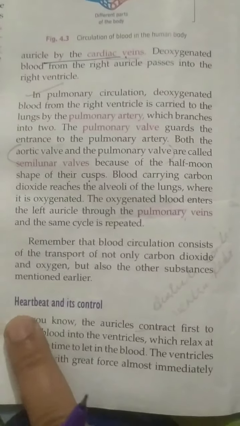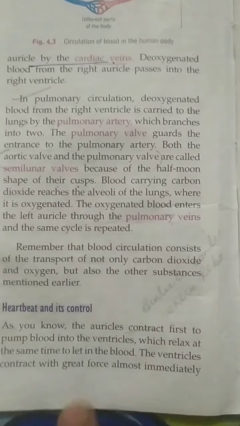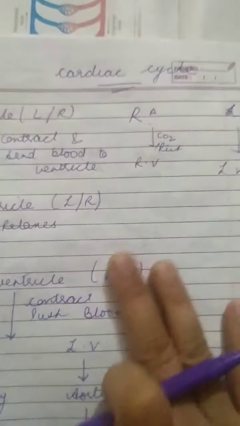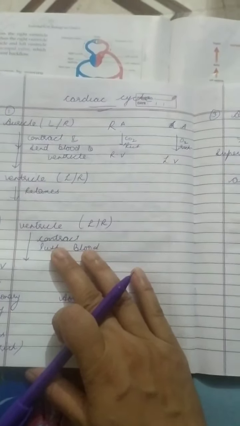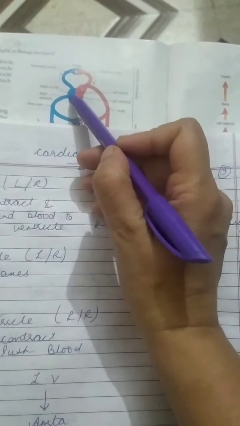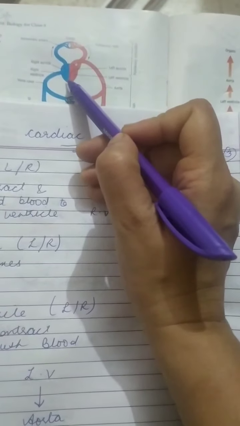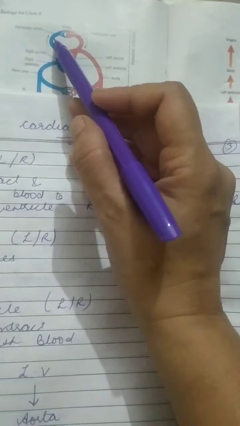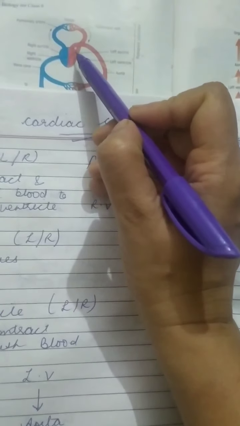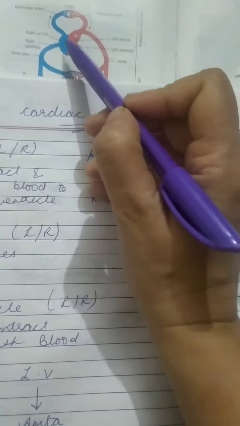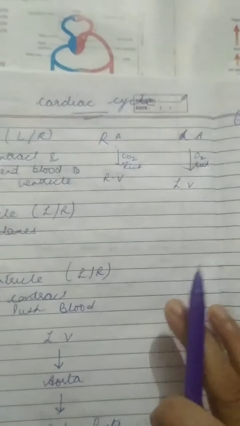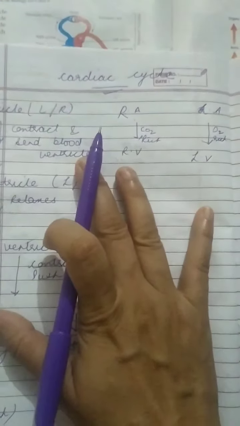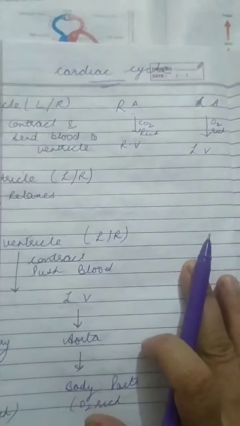So students, today we will discuss the heartbeat and how it is controlled. Through this diagram I am going to show you the heartbeat. As we know, during blood circulation, blood moves from the right side and is pumped towards the lungs for purification, and then from the lungs it enters the left side of the heart, and from the aorta it is transported to the different body parts. In this process the heartbeat occurs, and what happens during this cardiac cycle or heartbeat? So students, see this diagram.